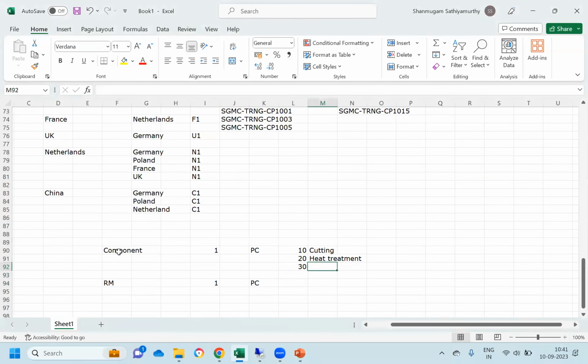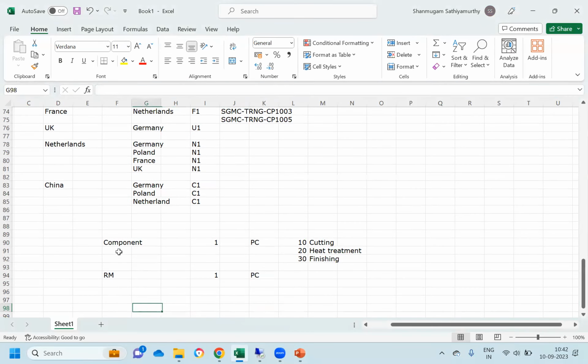Operation 30 is finishing. Let us take this as the simple routing. 3 routings here, 3 operations. Okay. Now, to follow the external operation, the first point is I have to create